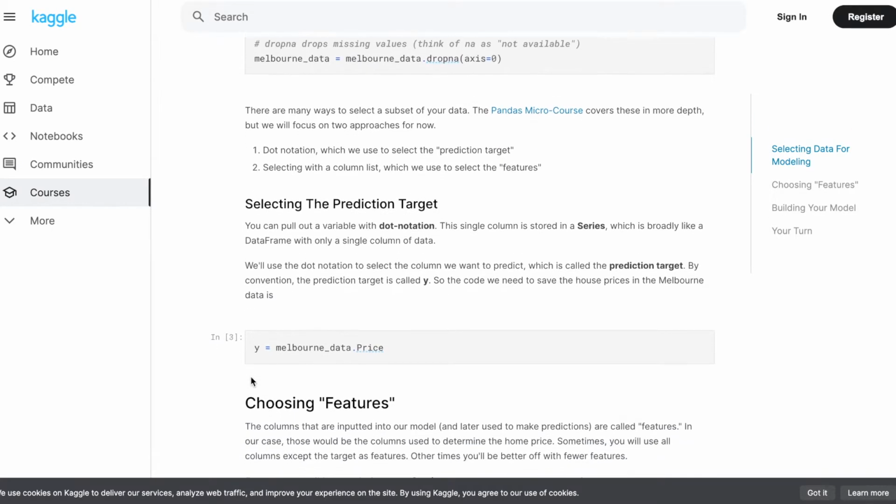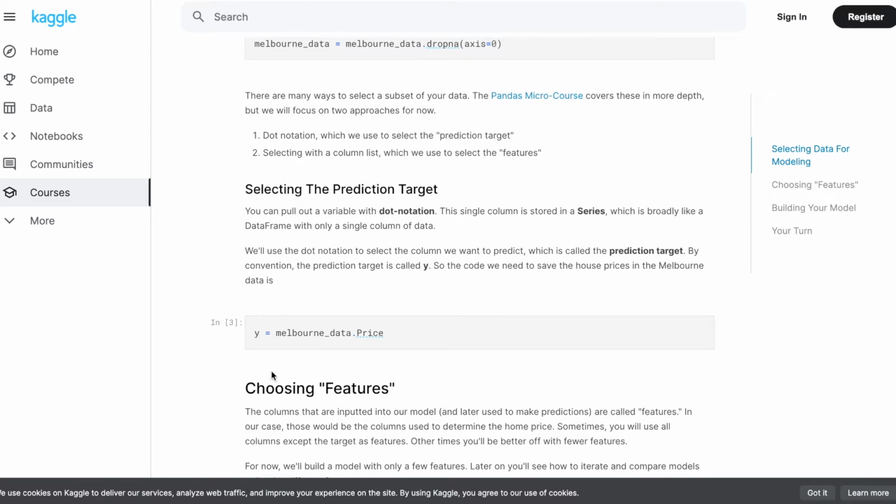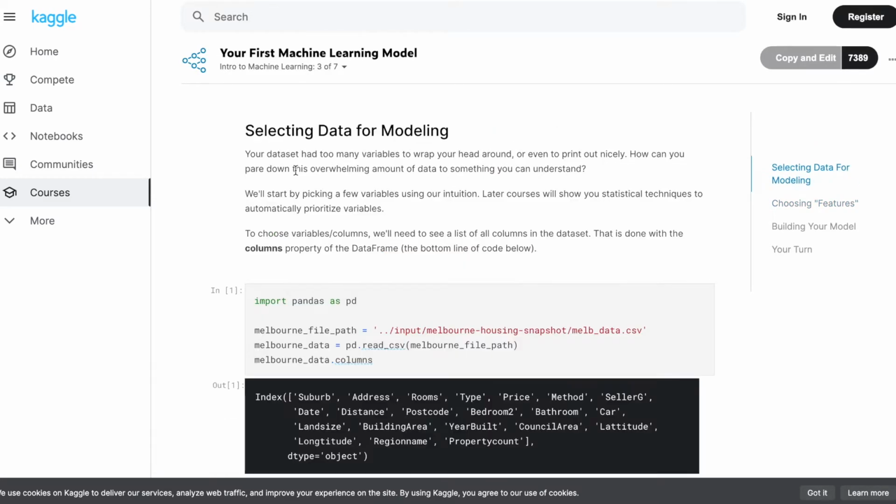Next, we need to select the prediction target. If you remember what the target was, it's basically a specific variable that we need to predict for. And in this case, we need to predict the price of the house. So from the data, we'll do melbourne_data.Price and make it into a variable y, which is specifically what we're trying to predict. Next, we need to choose features, picking from the ones using